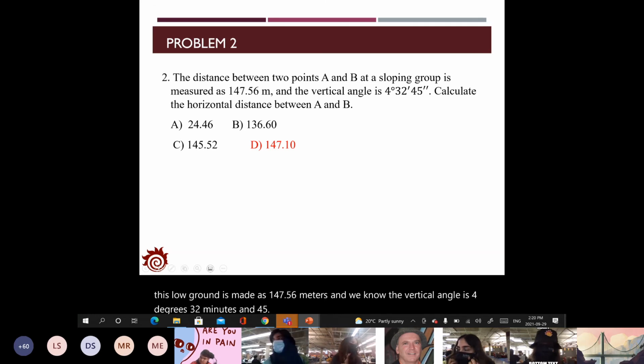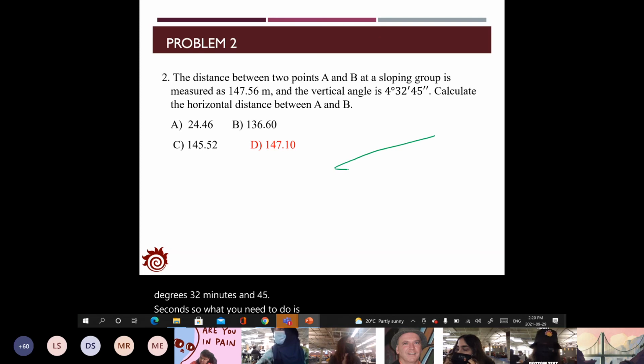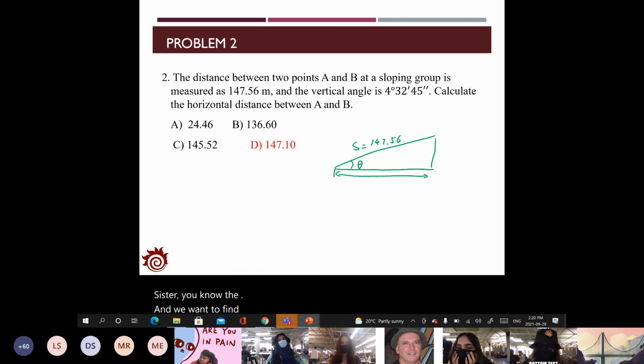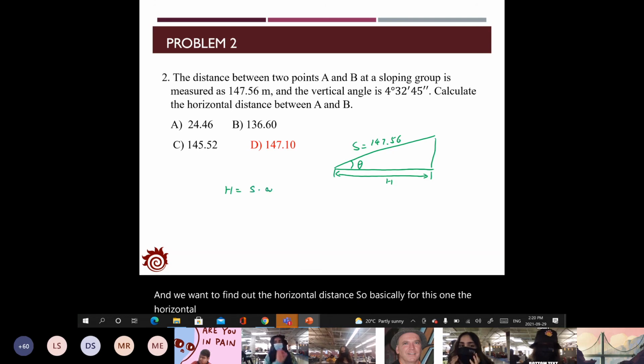So for this problem, you know theta, you know S, and we want to find out the horizontal distance. Basically, the horizontal distance equals S times cosine theta, and S is